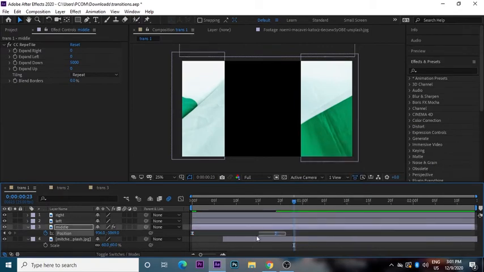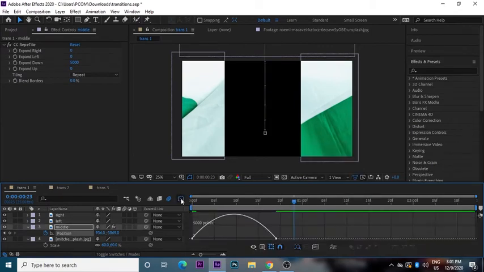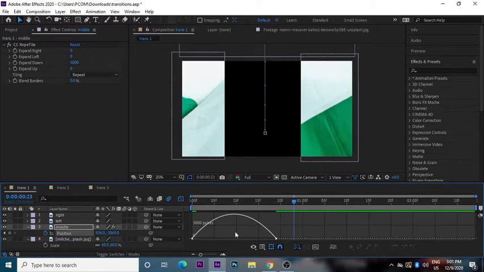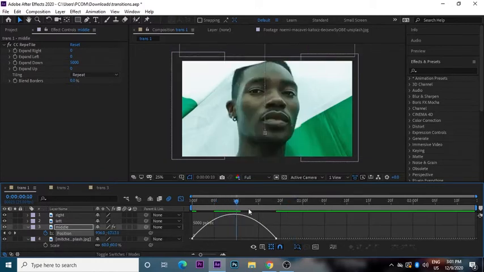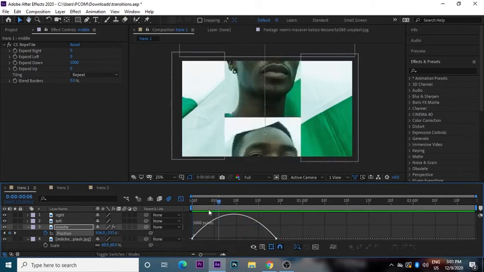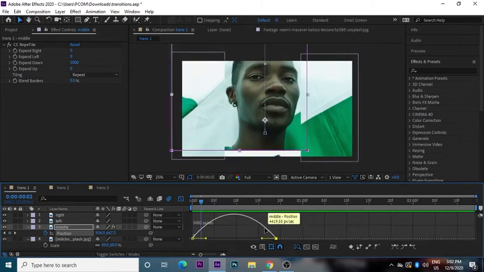Now if you select those keyframes and go to the graph editor, and if your graph doesn't look like this, just make sure you're working in the edit speed graph. Now you will see that we have a curve, which means that it will go slightly faster in the middle, something like this. It is nicer and better than the linear animation. So let's now play with this graph and just follow my graph.